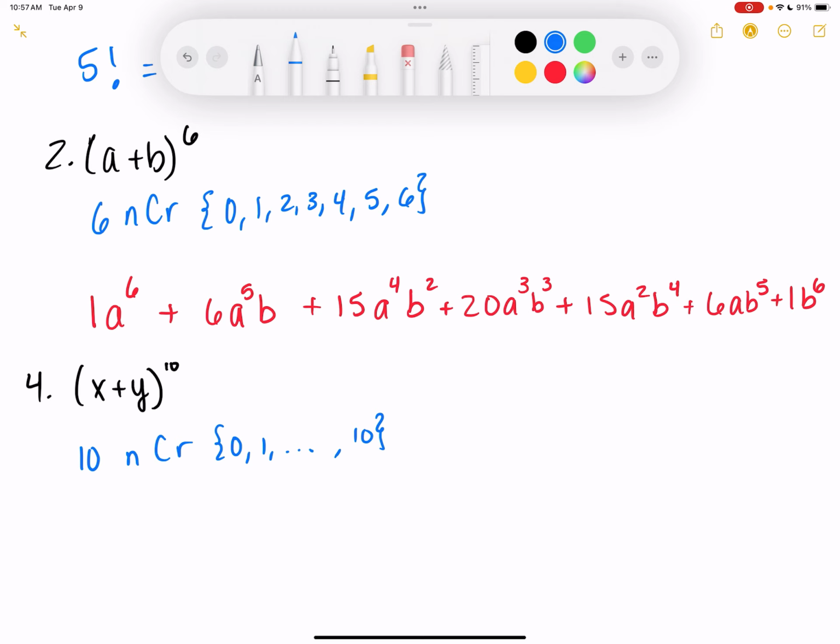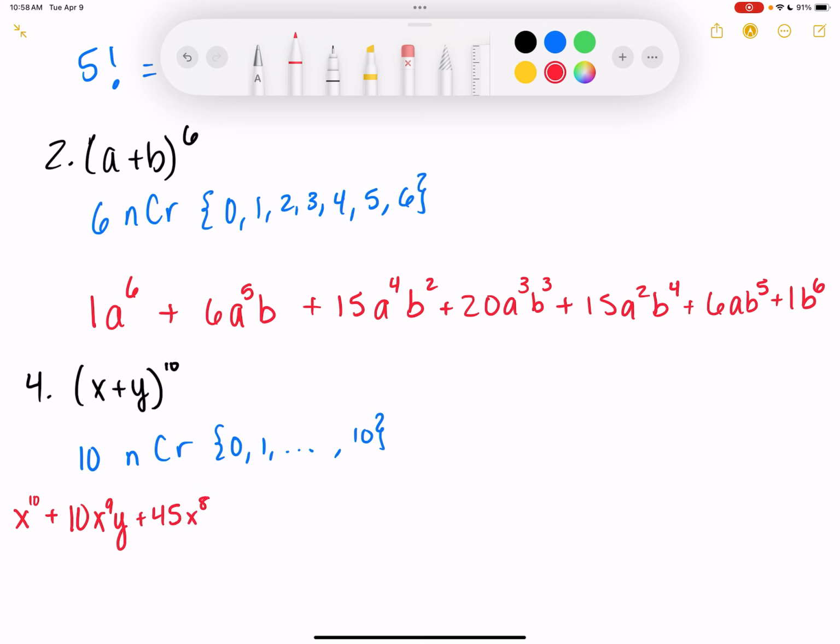So now, just so I don't have to write things so big, I'm just going to write it as we go instead of writing out all the numbers and then filling in the letters. But I know that X is going to start as a power of 10. Y is not going to be there. So I've got X to the 10th plus, the next number is 10, X to the 9th, Y,